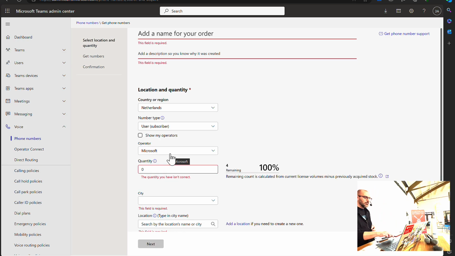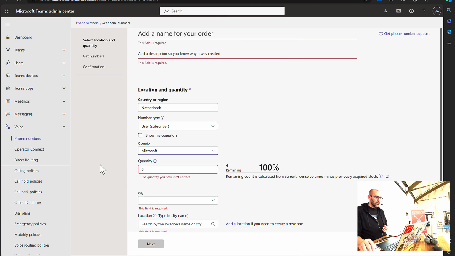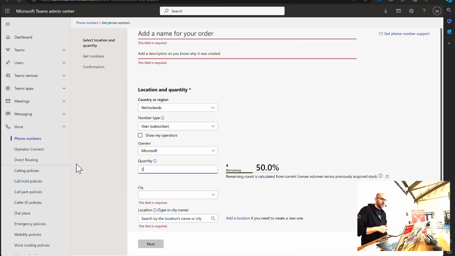I can select the operator. If I select Microsoft, it will use the Microsoft calling plans. But I can select any of these operators if I want to use Operator Connect. We ask for 2 numbers. It will calculate the amount of numbers you can request based on the amount of phone system licenses you have.